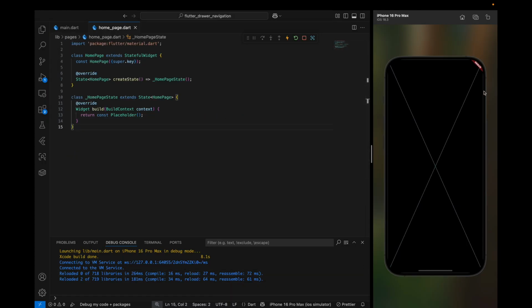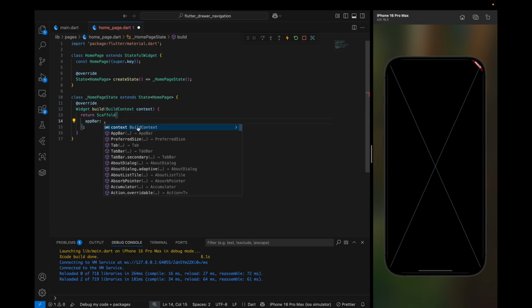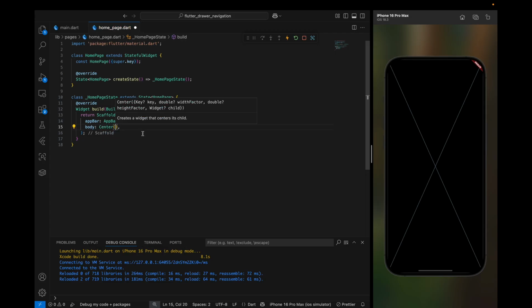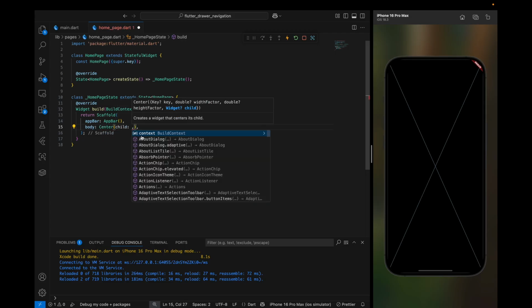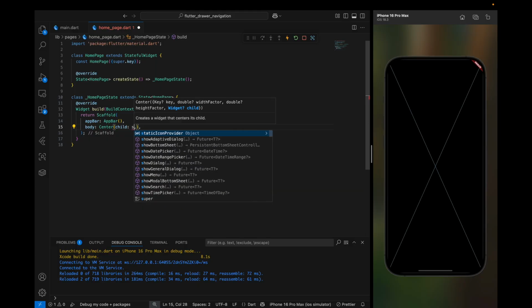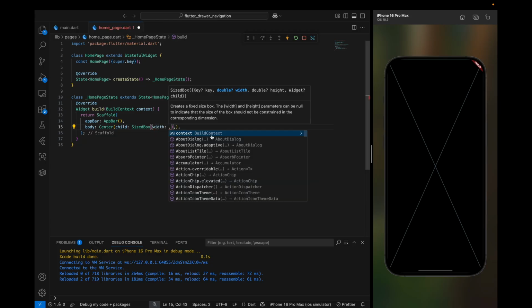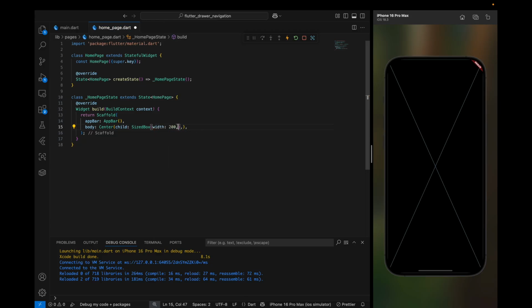So now that we have our widget, let's do some change. As you can see right here, we just display this placeholder. So to have a page, you need a scaffolding widget. So with this scaffolding widget in place, now we can provide the appBar property, and this will take the AppBar widget. And here for the body, we can have a Center widget, and this Center widget will have a child, and this child can be a SizedBox widget, and this we can provide the width to be 200, also a height to be also 200,